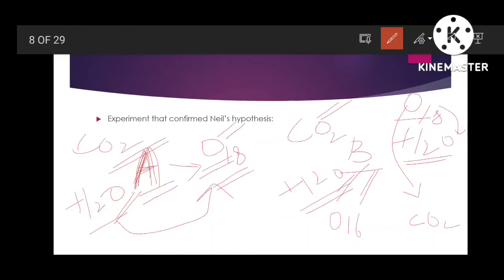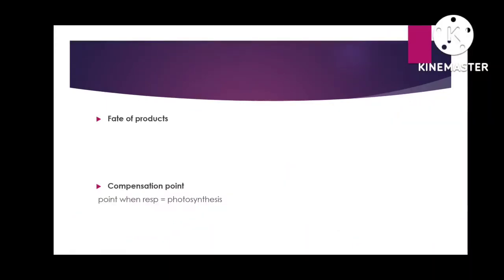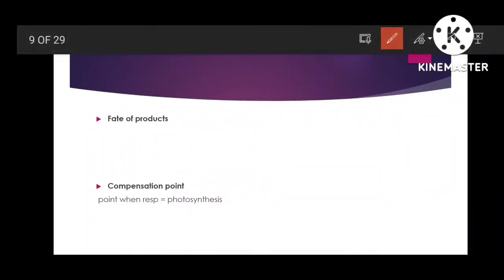Moving on to the next part, we have fate of products. This is very important to know: what is the fate of products produced in photosynthesis? Now, what products are produced in photosynthesis? First of all, we have glucose. Basically, glucose is made and stored in plants and can be used for further energy requiring processes by breaking